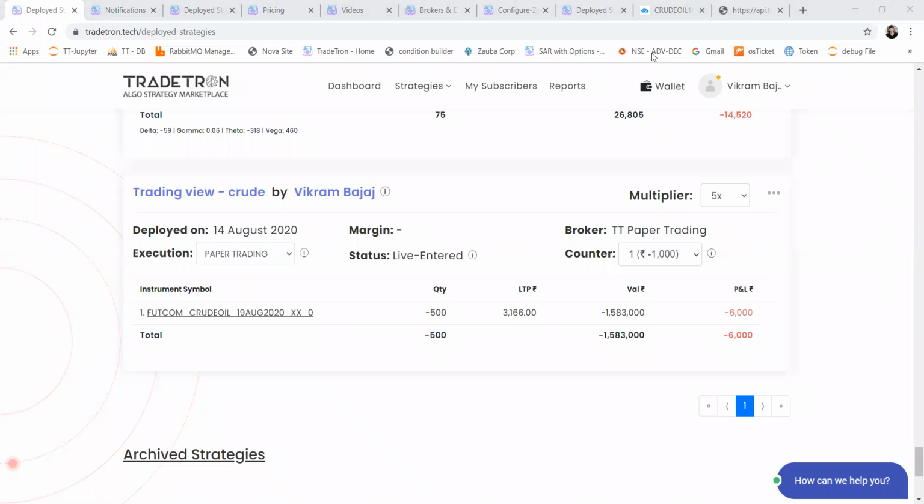How can we use margin? How can we use margin that is available in conditions? No, actually, we don't have the exact margin which has been blocked by the broker for the particular positions taken by your strategy. So it has to be an approximation as of now.